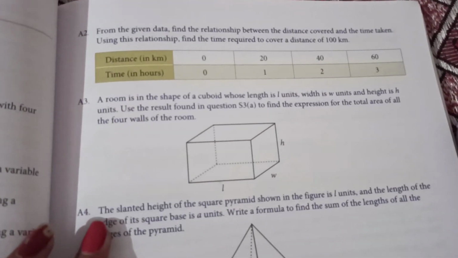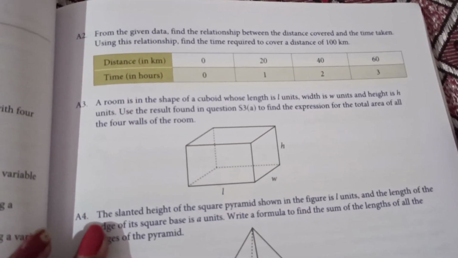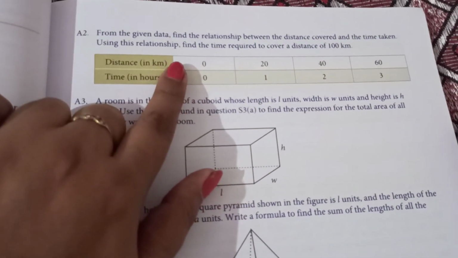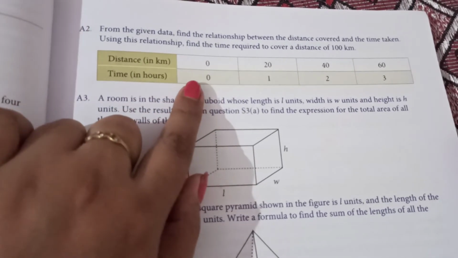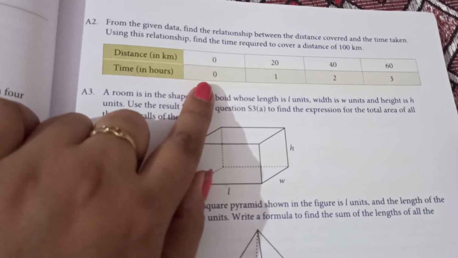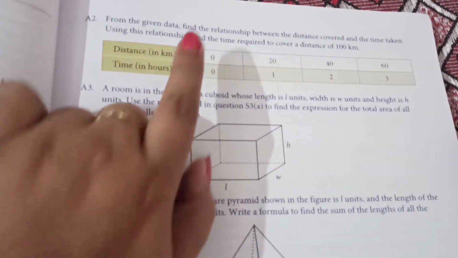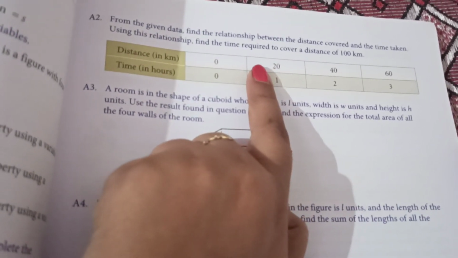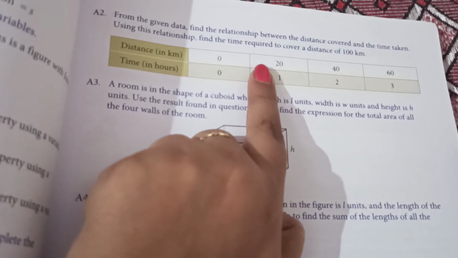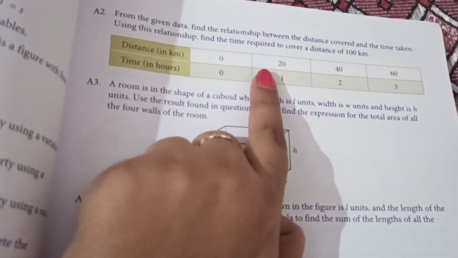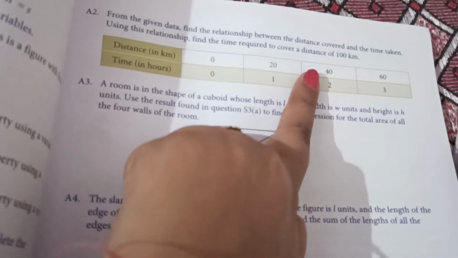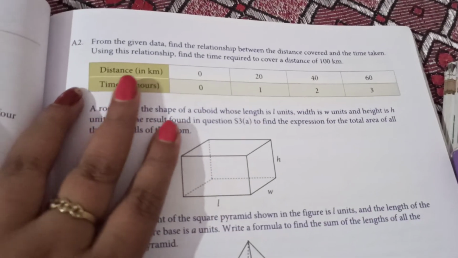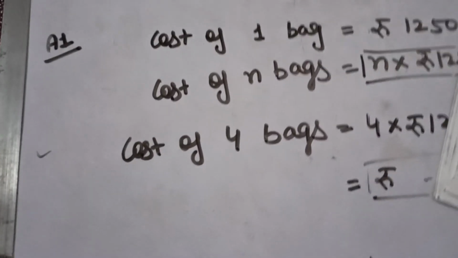Now the A2. From the given data, find the relationship between the distance covered and the time taken. Using the relationship, find the time required to cover a distance of 100 km. So, first 0 distance, 0 time. 1 hour, 20 km. 2 hours, 40 km. 3 hours, 60 km. Right? So, if you see it properly,